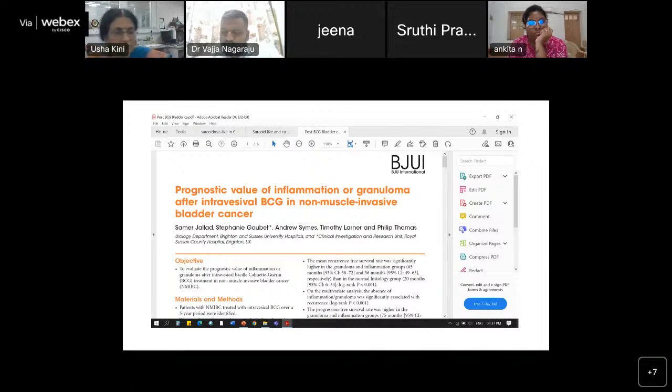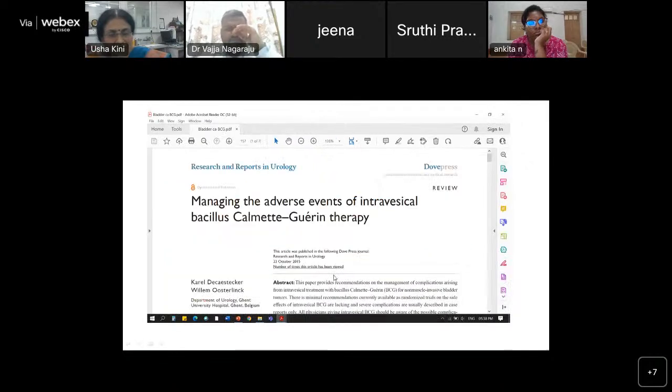And this article talks about the prognostic value, good to read, and managing the adverse events, so much so it can become systemic, and how do you manage these patients? But they seem to settle down without much treatment and they wouldn't be treated for tuberculosis or anything. So you must keep a watch on this, have a good follow-up, and make sure that the follow-ups are